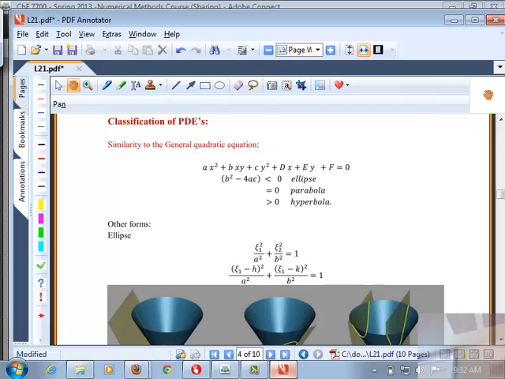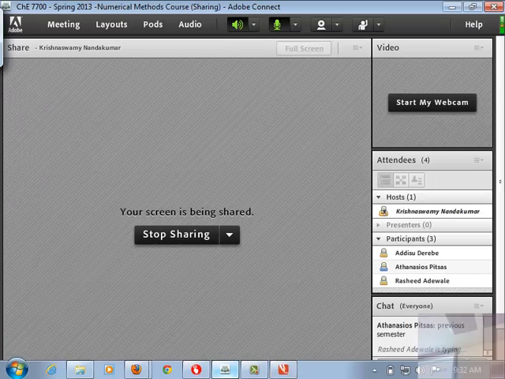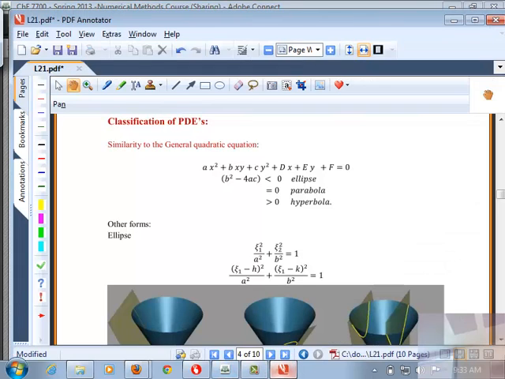Okay. So the terminology comes from conic sections, from quadratic equations. Just a brief review from Wikipedia, essentially. If you have a general quadratic equation written like this, it's just an algebraic equation. We're not talking about PDEs yet. It's a quadratic equation: ax squared plus bxy plus cy squared plus dx plus ey plus f equal